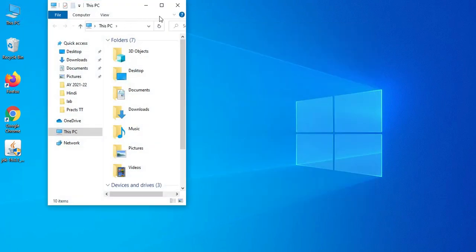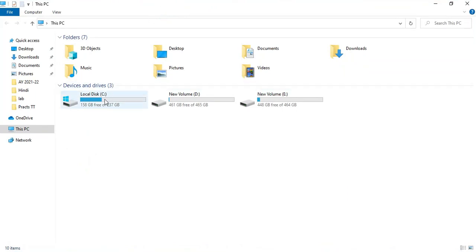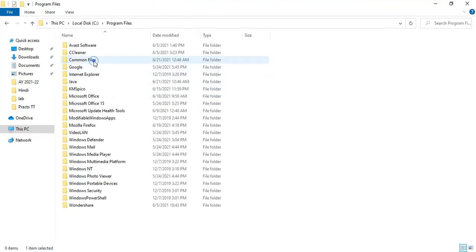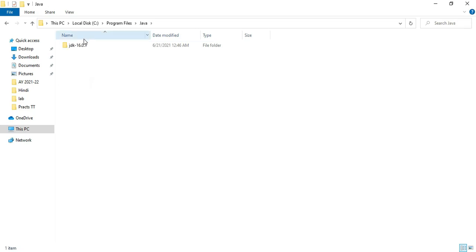Now I will take you to the Java folder where my software has been installed, and I will show you what exe and what other Java components have been installed. You can go to C:\Program Files. Here is my folder, that is Java. So JDK 16.0. You can see JRE is not installed separately because nowadays JRE comes with JDK only.